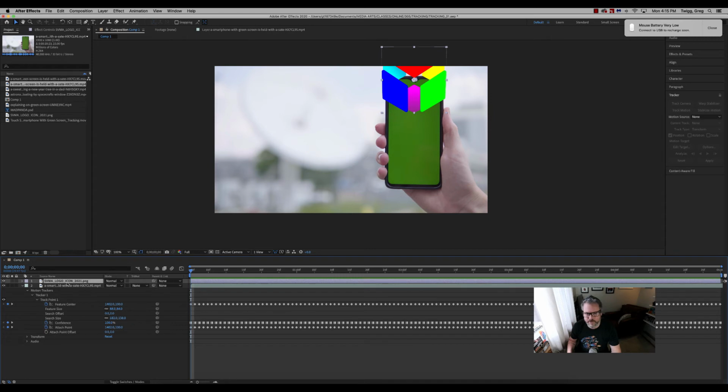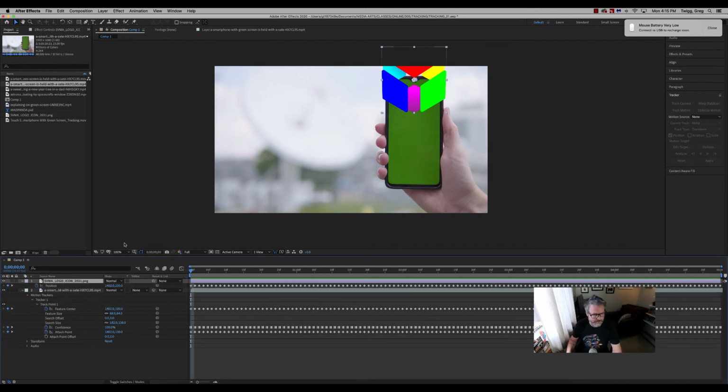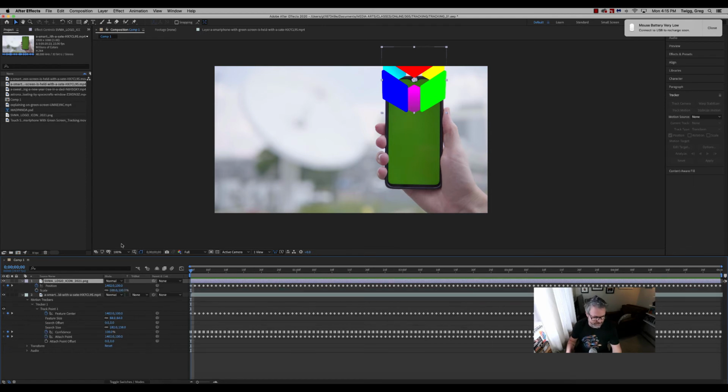However, it's not exactly where we want it. Maybe the scale needs to change. Maybe you want to change some blending modes or whatever. I mean, in this case, this is not what I would envision my final output to look like. It's just sort of a practical example. I'm going to open up position, and I'm going to open up scale. I was hitting P and then Shift S. So you can see that position